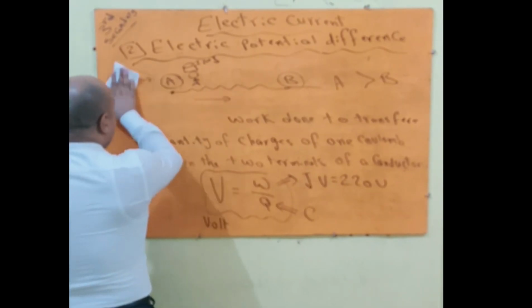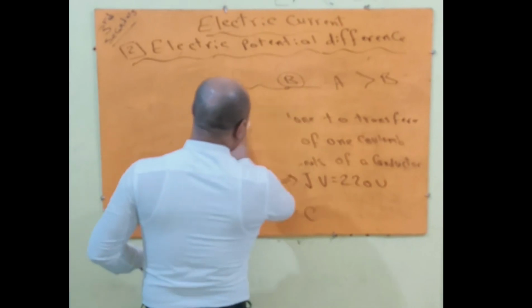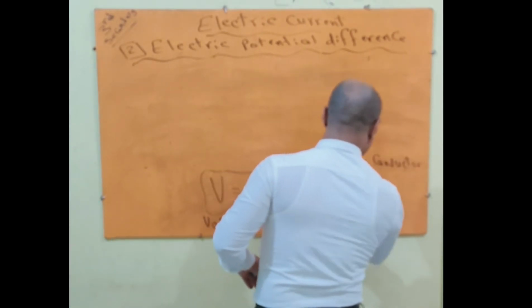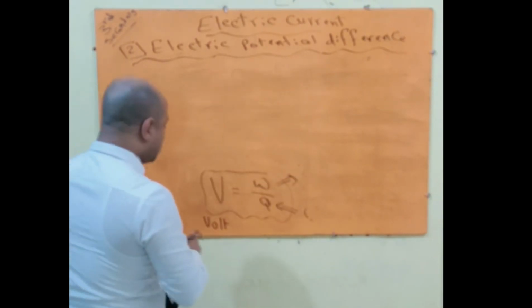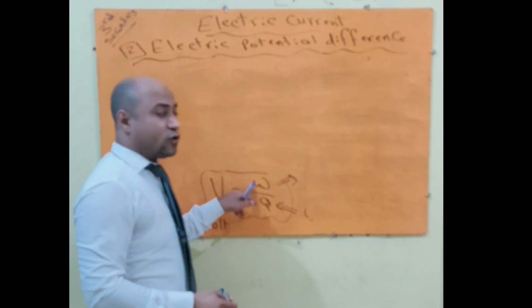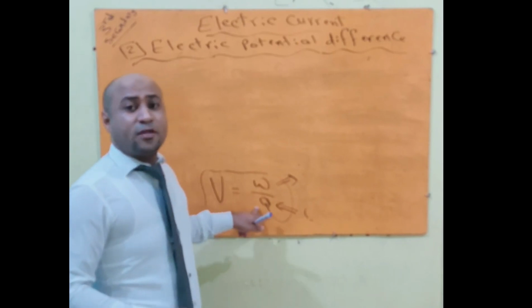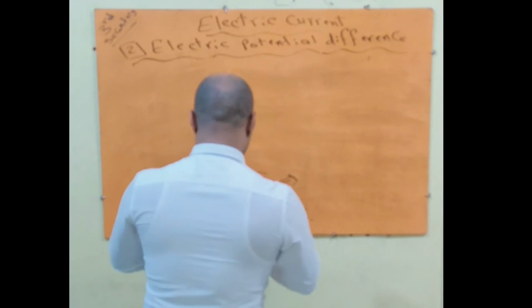What's meant by volt? From the relation, volt is the potential difference when a work of 1 joule is done to transfer a quantity of charge of 1 coulomb between the two terminals of the conductor. This is the definition of the volt. Okay. For example,